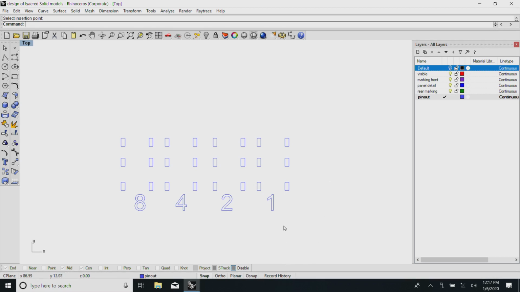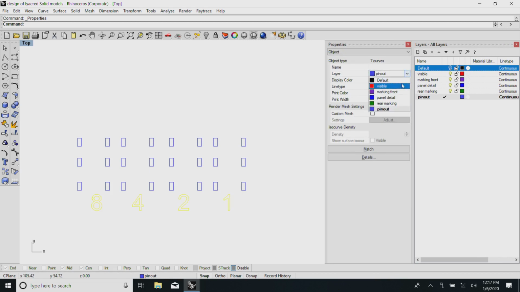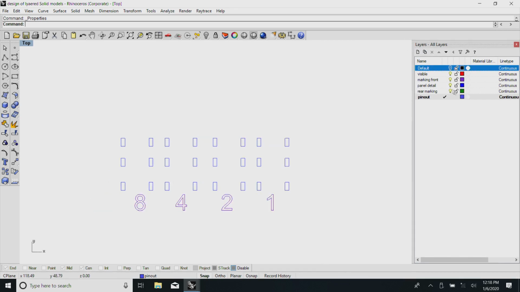Now, let us say I want them directly on the front panel. So, all I need to do is take this group of these things and move it out to the front panel marking. Now, if I switch off the layer, they are gone. I have only the printed circuit terminations at the back.